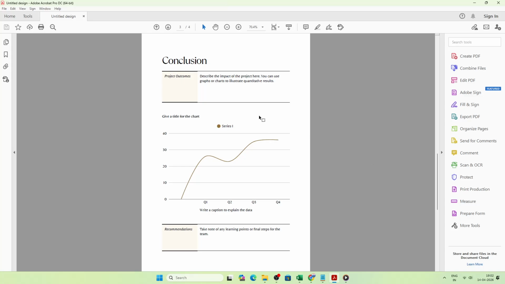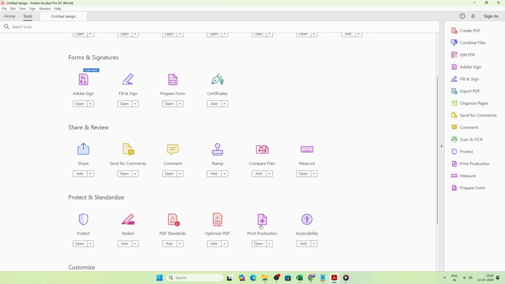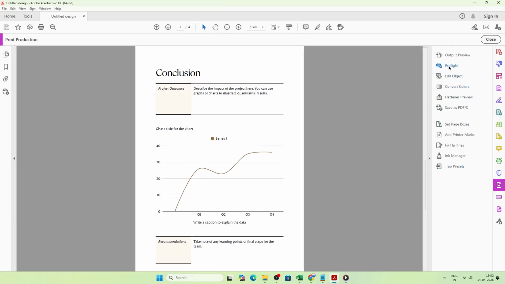Start by opening your PDF in Adobe Acrobat Pro DC. From there, go to the Tools tab along the top. Look for Print Production, then click Preflight. If you don't see Print Production right away, use the search box within Tools to find it quickly. Opening Preflight brings up a dedicated dialog where you can run checks and apply corrections tailored to different standards, including